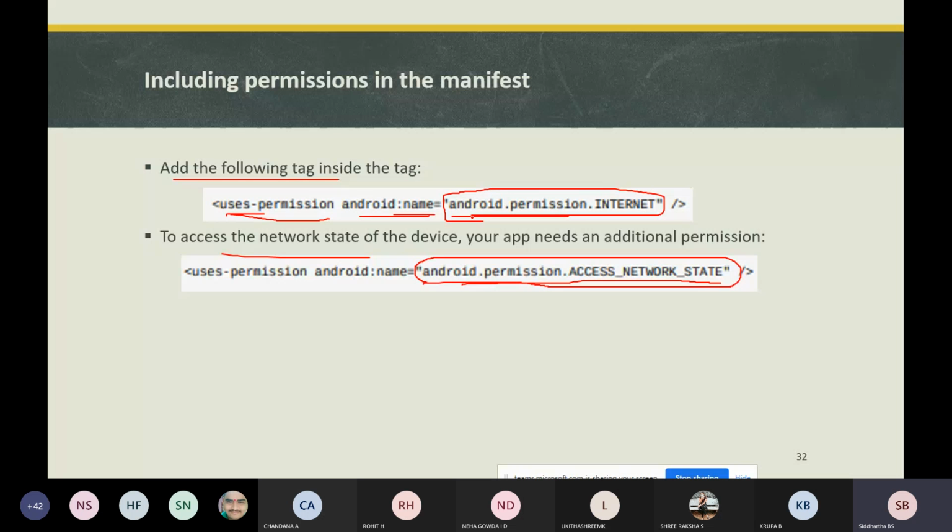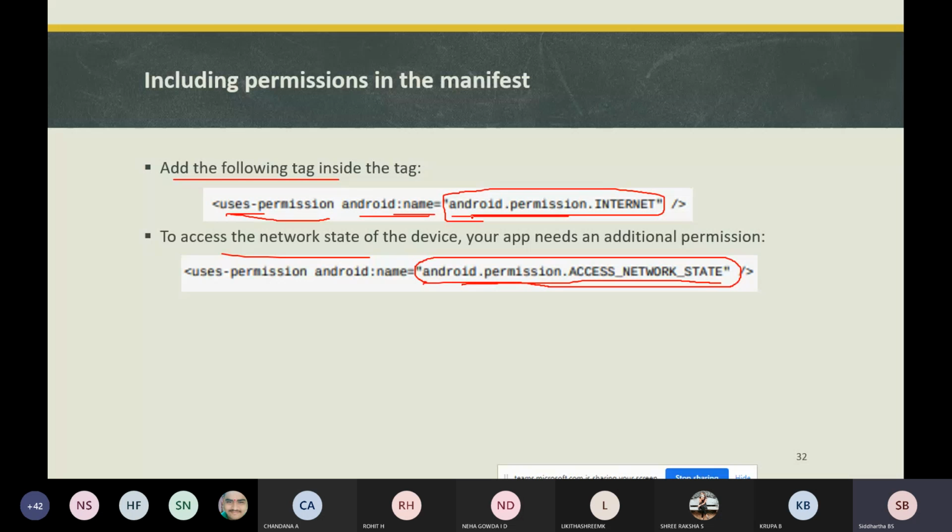Whatever data you get through the input stream has to be decoded. After decoding that data, you need to convert it. For what are you going to convert? If the user requires that particular data as a string or an integer, whatever data type is required by the user, you need to convert that data based on the data type which is needed.